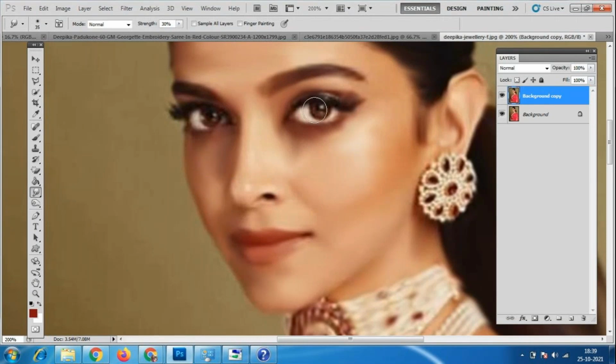Even with the eyes also, I'm just making a little smudge, so I will not use more smudge. For very sharp eyes and all, I'll just reduce the brush size, and very little I'll do the changes. Even for this only.